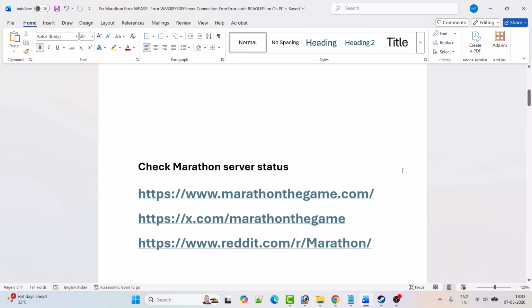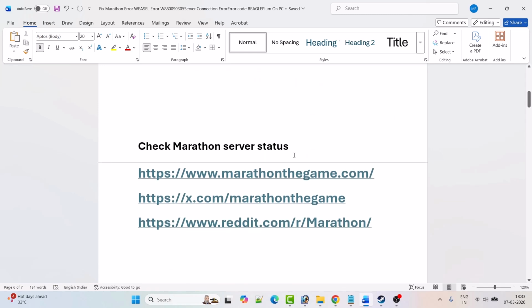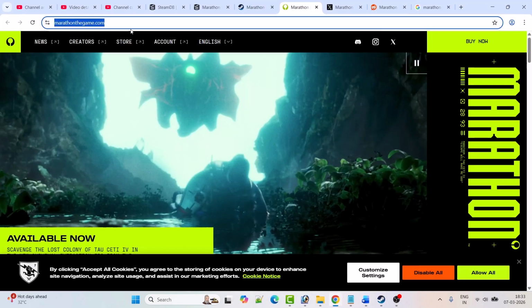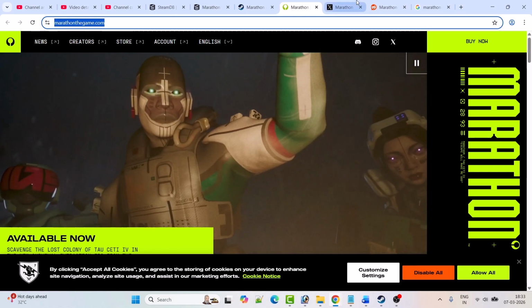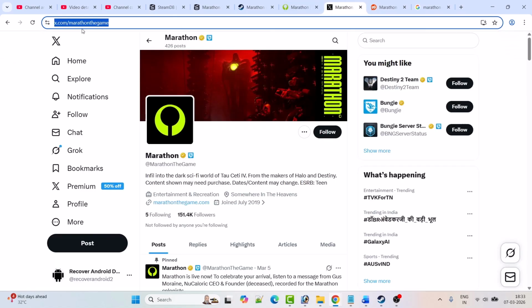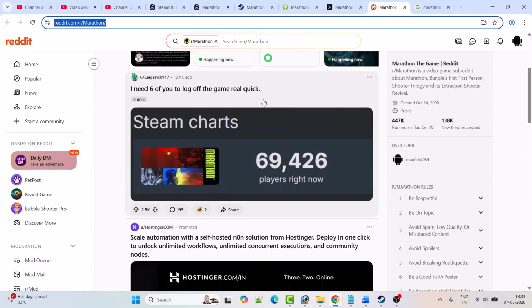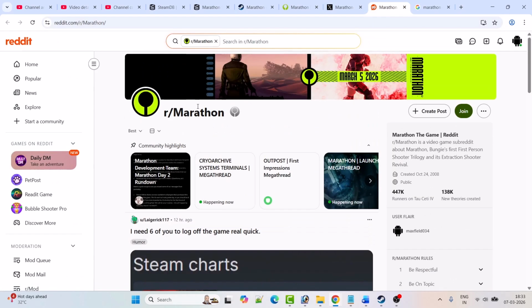Now before following any of the fixes, first check the Marathon server status. You can go to this Marathon website. You can also check the X web page, or you can also check the Marathon subreddit in the Reddit website. So you can go to the Marathon official website and then go to the news sections and check. You can also check the Marathon X web page, and you can also go to the subreddit of Marathon in